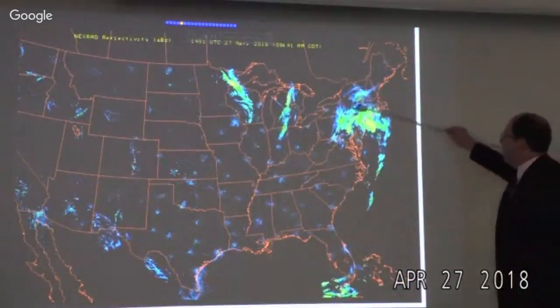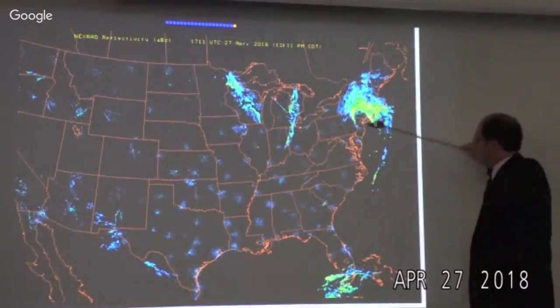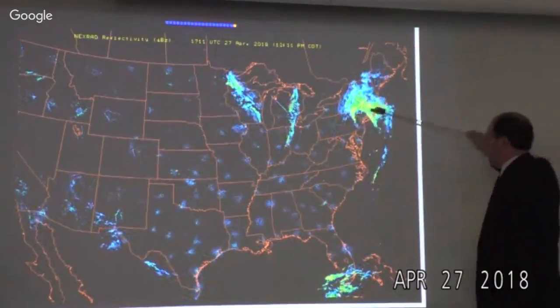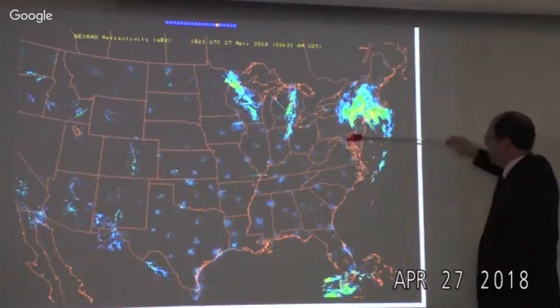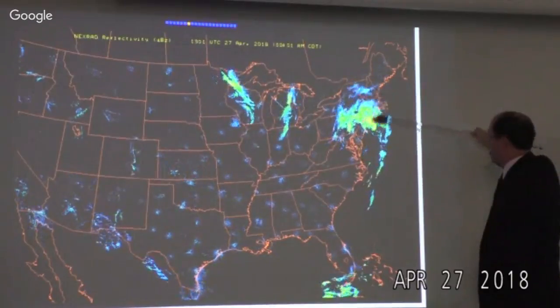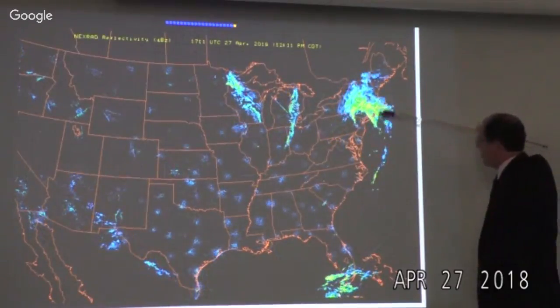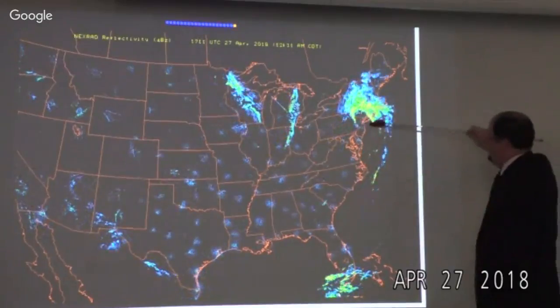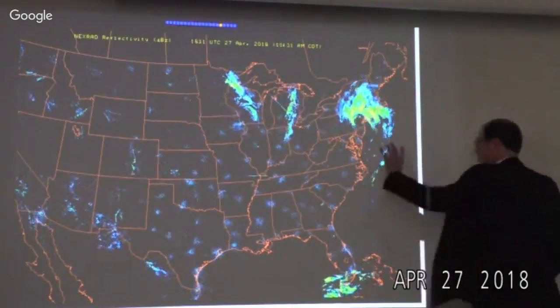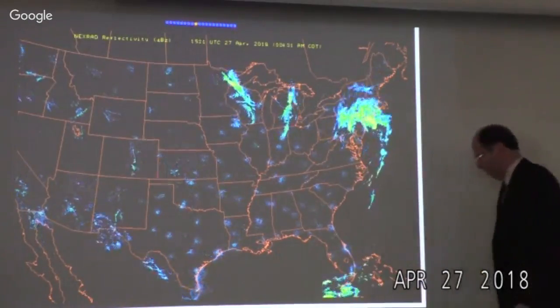So you can see this broad region of moderate, probably sometimes speckled with maybe heavy shower coming all the way through eastern Pennsylvania, New Jersey, New York, parts of New England. So the rain is spreading to the north with this system. And so we'll want to see what that's connected to in the middle and upper levels.